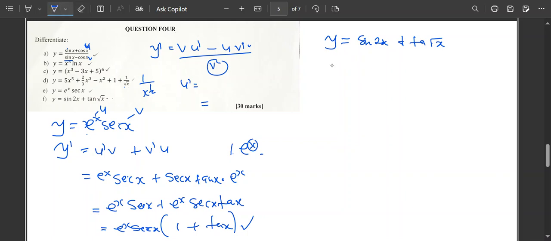So now differentiating this, y prime, which is just dy dx. Differentiating the angle here, it will be just 2. Then I will differentiate sine, it will give us cos 2x. Okay. Then plus